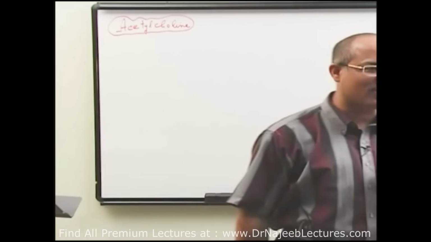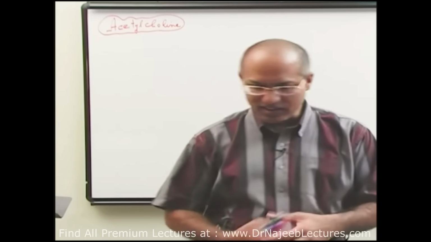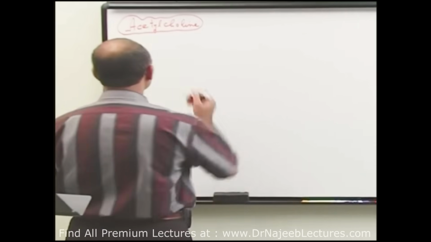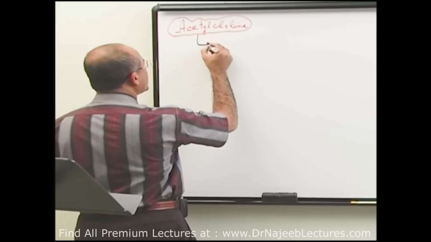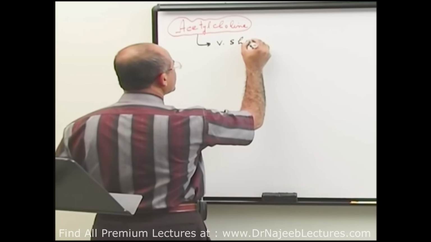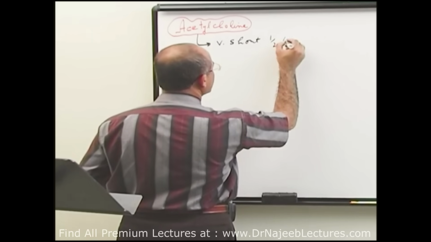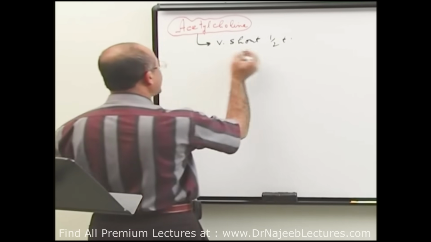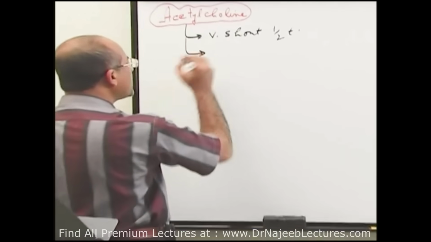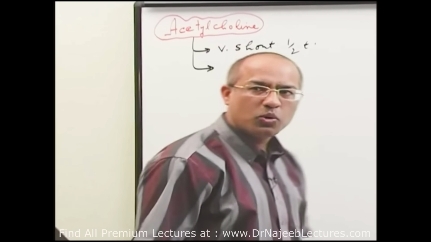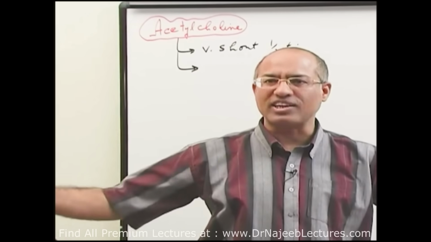So this is one reason that usually when we want to use a cholinergic drug therapeutically, we want a longer action. Is that right? So this is one reason, that very short half-life, right? It's very rapidly destroyed in our body, right? Number 2, acetylcholine has diffuse action.